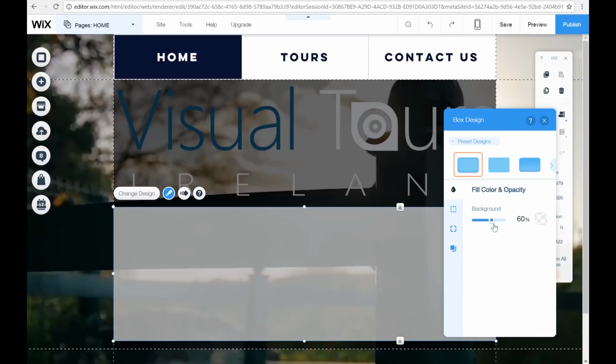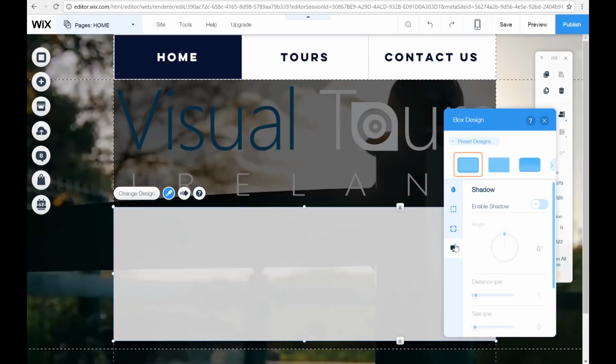Like so. I think we might go for a bit higher than that actually. Let's try 70, maybe 80. Yes, so 80% looks good. We have no border, no corners, and no shadow.